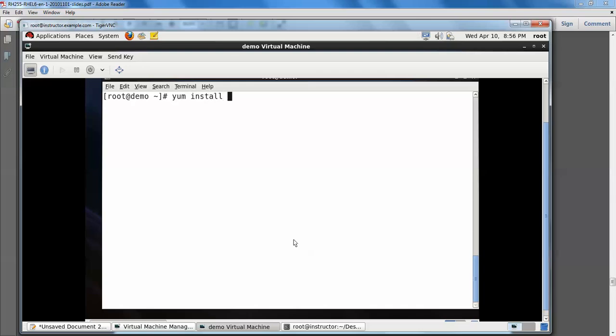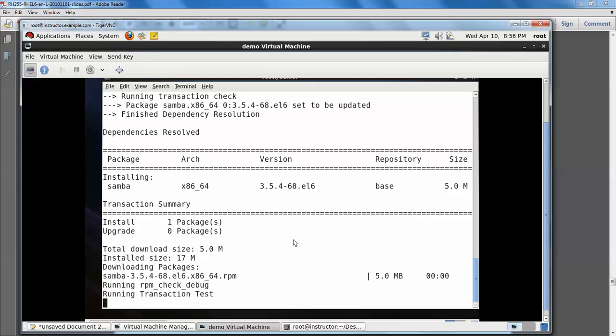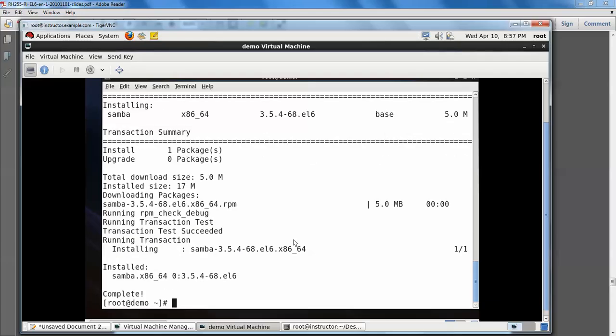Yum install samba -y. It is installing. We'll check rpm -qa | grep samba.